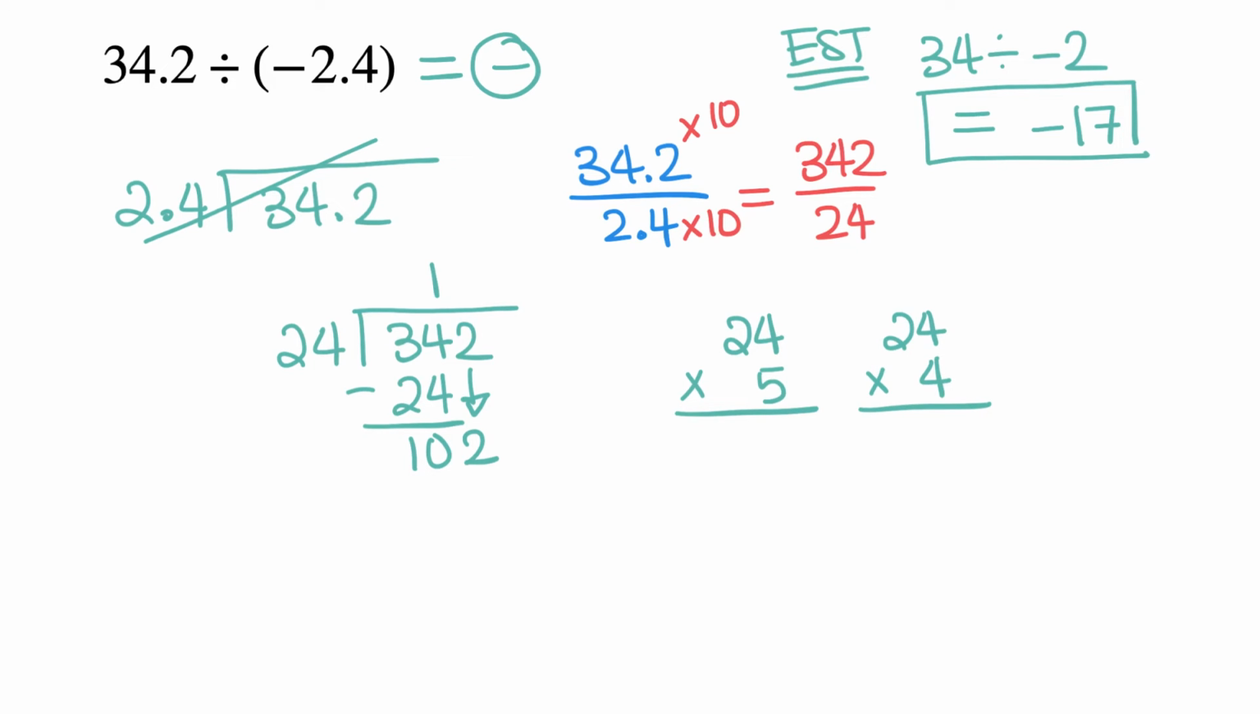4 times 4 is 16. 2 times 4 is 8, plus 1 is 9, and 96. Actually, that's closer, so I'm going to have a 4 here. And then 24 times 4, we just figured out, is 96. Subtract. And 102 take away 96 is going to be 6. And I don't have any more numbers to bring down, so I can put a decimal point here and a